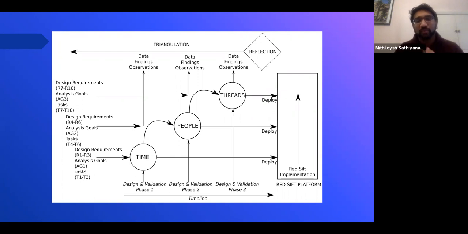So that's how we moved from one phase to the next, and we started deploying it in each phase. We call it the Redshift platform. So that's one of our collaborators' platforms. Every time we completed the high fidelity prototype, which was ready to be deployed, we straight away pushed the whole solution into the platform. Then from phase 2, we pushed the solutions again, and we had a complete integrated solution. As of now, it's completely integrated, but of course, there's a lot of refinement that needs to be done.